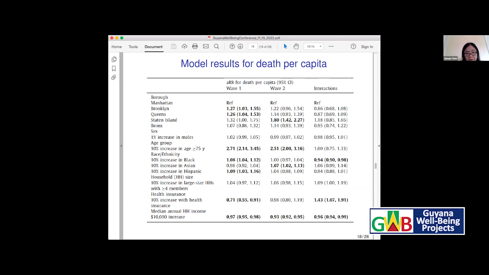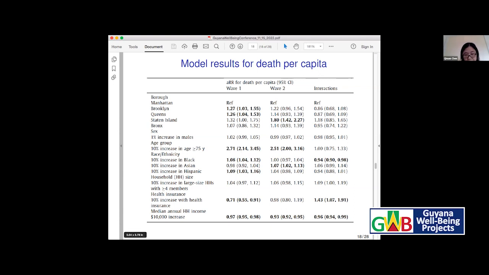Gender does not affect the death rate, but older adults, of course, we know senior people are more affected. So neighborhoods with a higher percentage of senior people have a much higher death per capita for both wave 1 and wave 2. Communities with a high percentage of Black residents have a higher rate ratio for wave 1, and also for Hispanic. But for wave 2, we see this elevated death per capita in Asian, but not the other percentages.